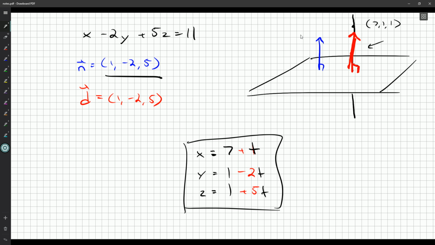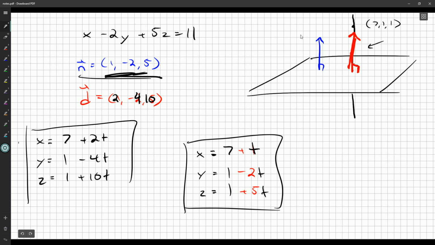for this line. Of course, as I occasionally try and remind you, any scalar multiple of this normal would work, so another equally good answer might multiply this normal vector by 2, and so my direction vector would be 2, negative 4, 10. And so we get 2t's, minus 4t's, plus 10t's. That also represents this line. They're both perfectly good. This is the easier one to see, but any scalar multiple will do, and you want to remember